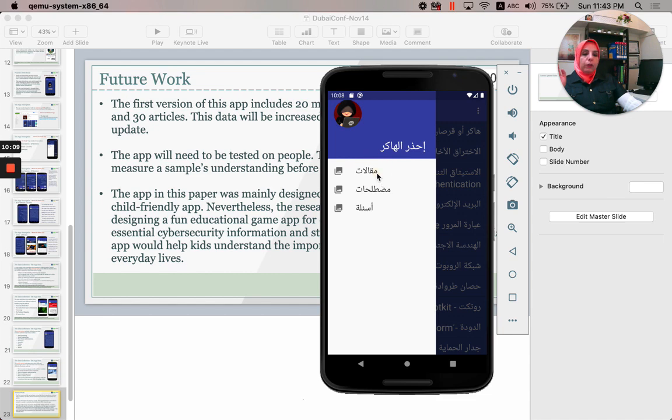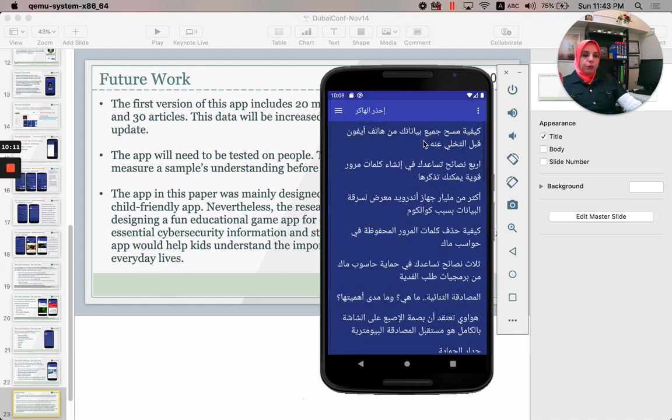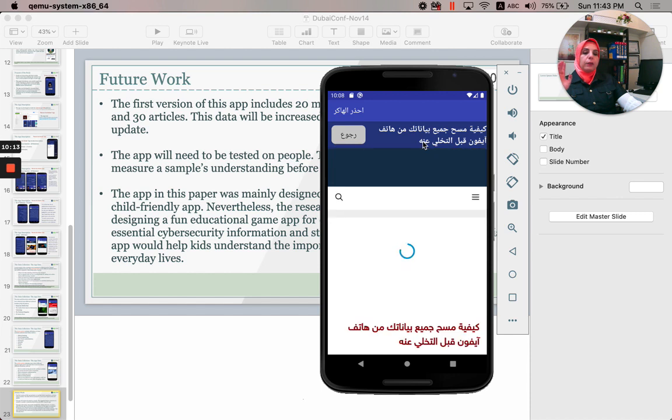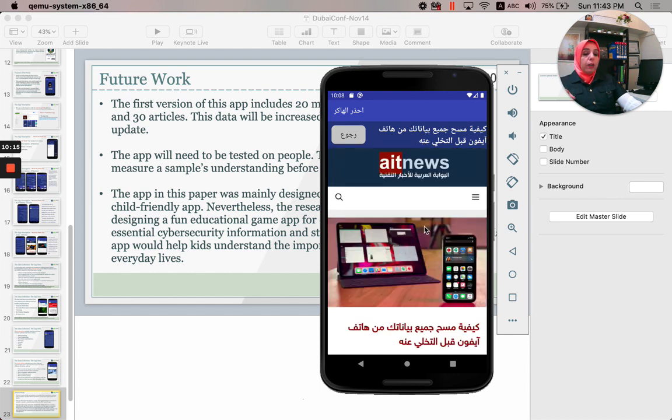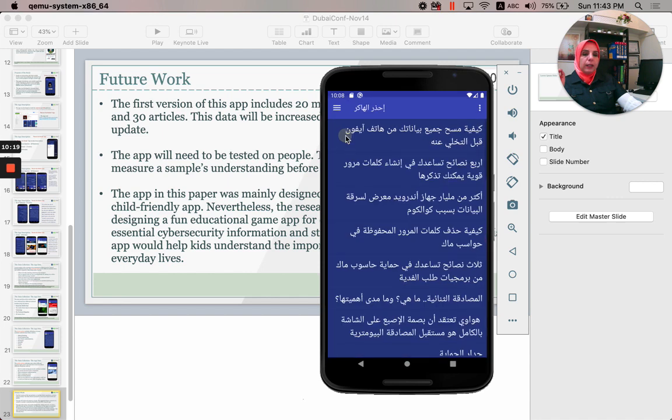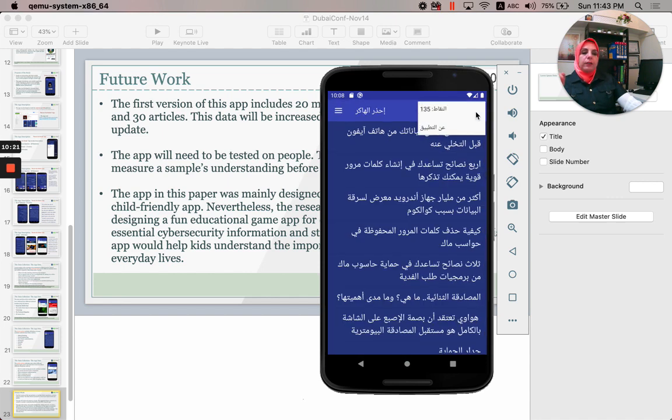When we click on the articles, we can choose one of the articles, and as we said, the articles are online, so the device needs to be connected to the internet. We can see that each time the score is increasing. Each time the user hits an article or a term, the points increase.